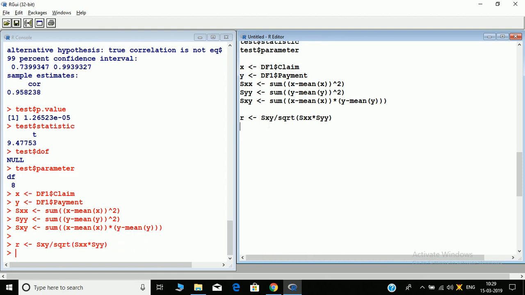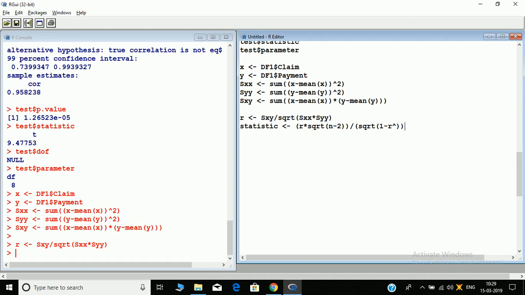R is this value. Now our test statistic is what? If you see from theory, the test statistic is given to us as R into SQRT of n minus 2, divided by SQRT of 1 minus R square.